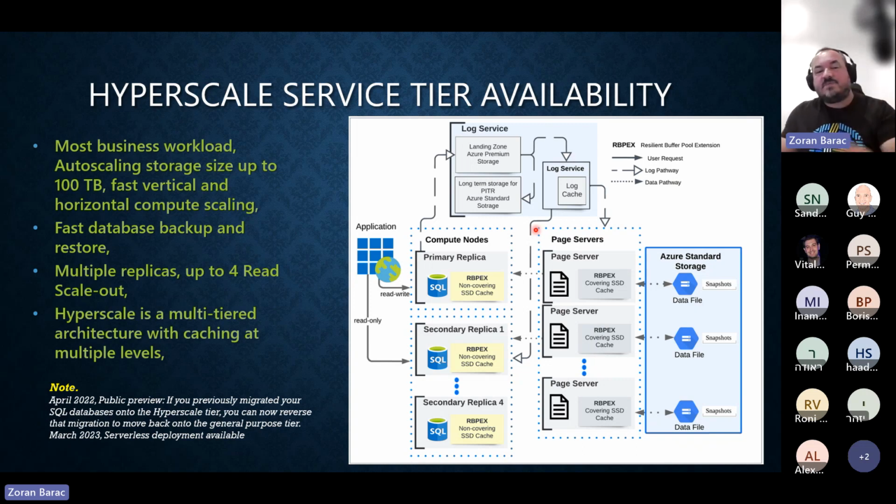So just to put in perspective, for an Azure SQL database, you can go up to 4. For an MI instance, if you go general purpose, you can go up to 16. For a business critical, you can go up to 5.5. I'm not sure if something changed recently, so those numbers might be changing a lot. Nothing which I'm saying now about the numbers is written in stone. Just bear in mind that Microsoft is adding and improving